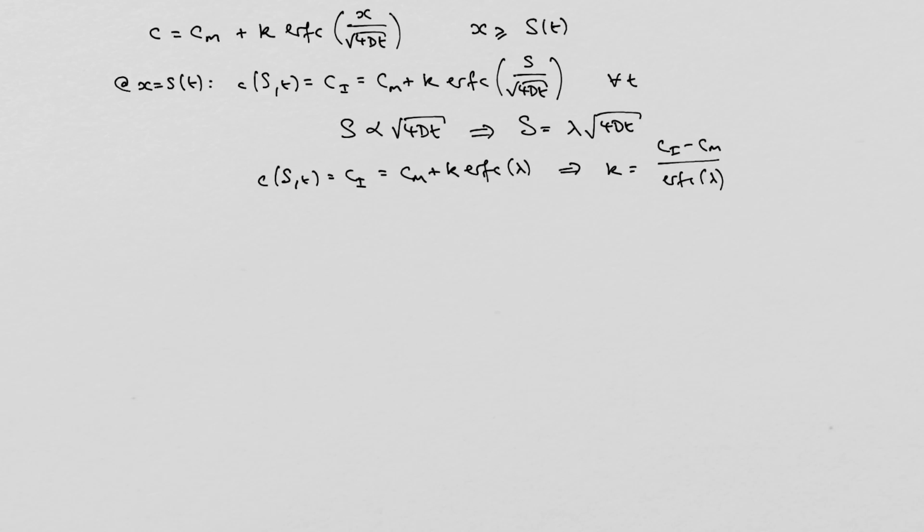That's all right. So we've now satisfied the diffusion equation and two of the boundary conditions. The one thing we've got left is that S dot, the growth,